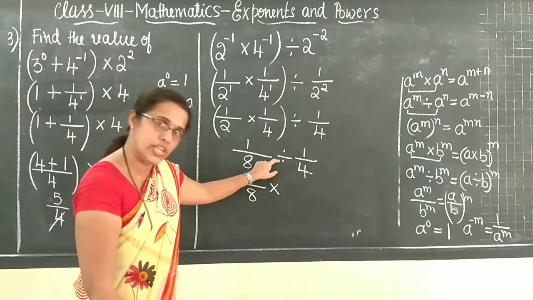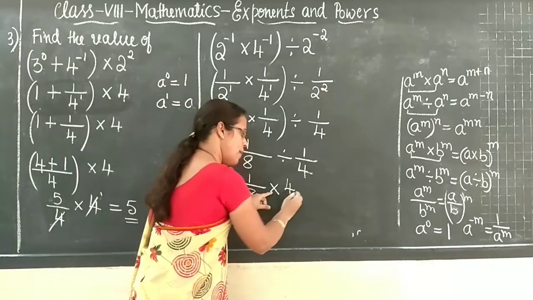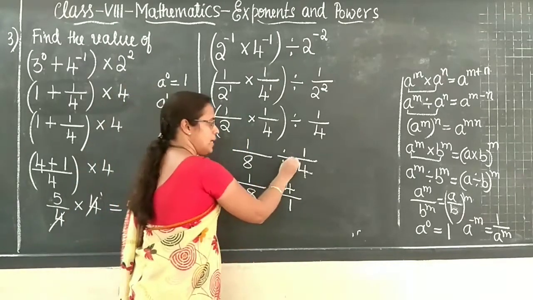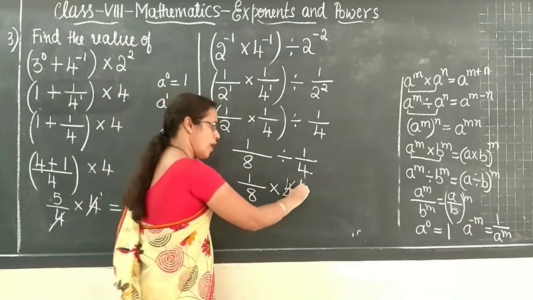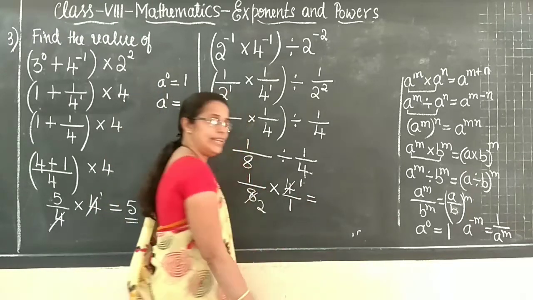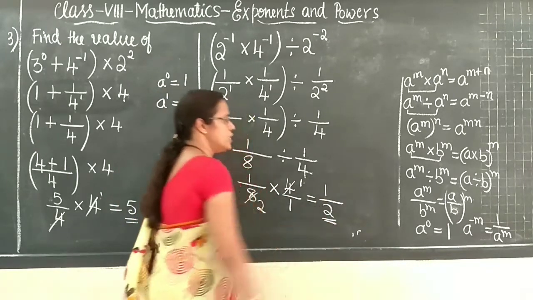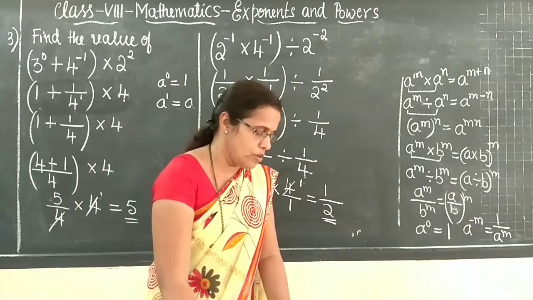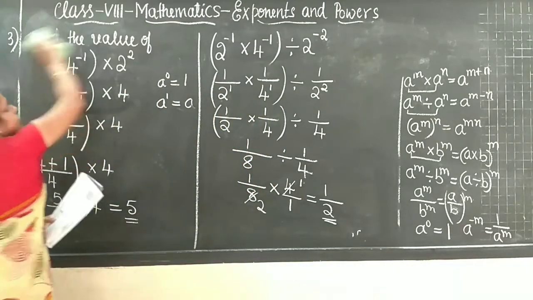There the calculation is difficult. So multiplication brought this. What happens? Denominator will go up, numerator will come down. Reciprocal. Got it? Division of a fraction there means that side you have to take the reciprocal. So that will become 4 1s are 4, 2 4s are 8... 1 1s are 1, 2 1s are 2. What is the final answer? So this is the final answer. Hope you all understood, children. Okay. So now let us move to the next problem.